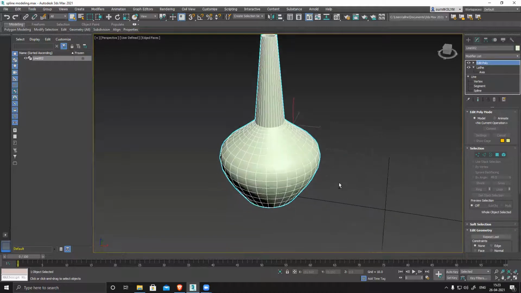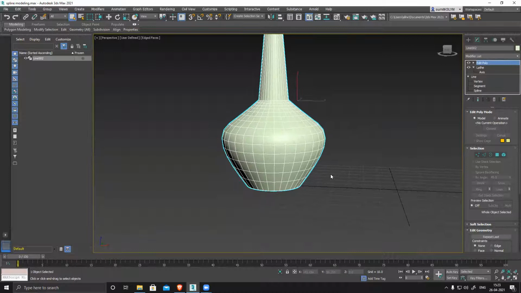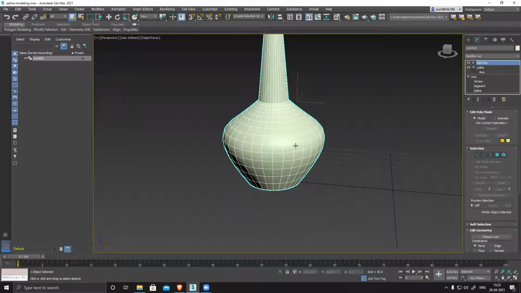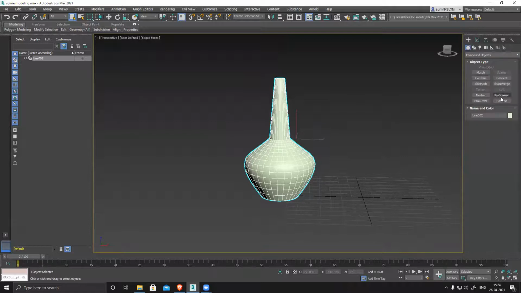And now, suppose I want to create some holes. That also I can do. Like, I guess you have seen there are a lot of vases and home decor items that have all these holes. So this is how we do it. This is how we create all those shapes. Let's do something quick.